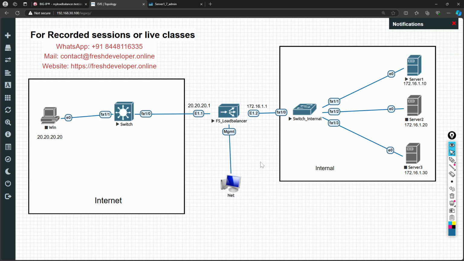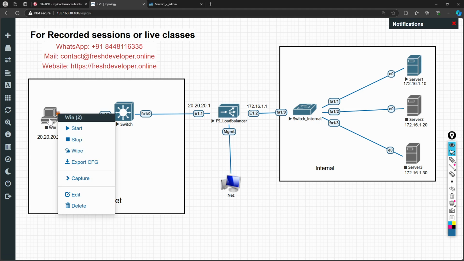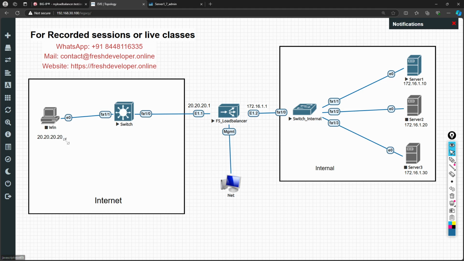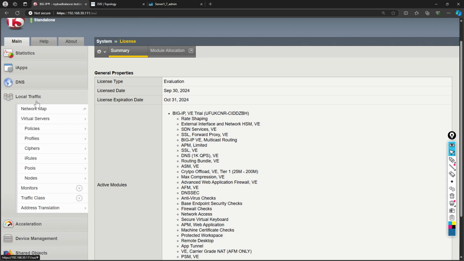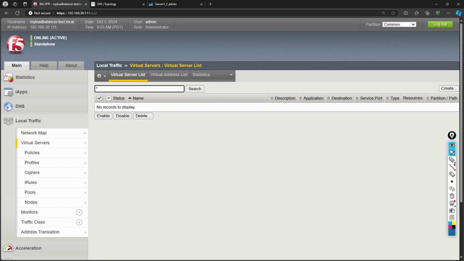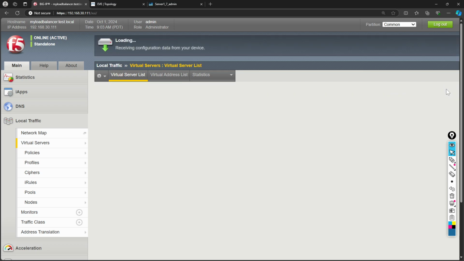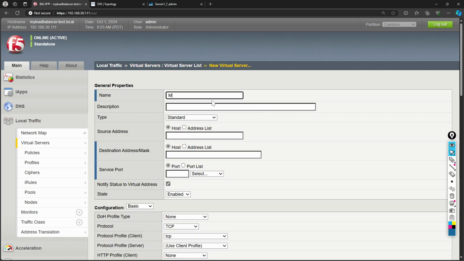So the very first thing, whenever you want to make any service available, is to create a virtual IP address. That virtual IP address should be somewhere on the F5 load balancer. So that virtual IP is also called a virtual server. This is LTM, local traffic manager. So we are going to go to the virtual servers and create a virtual server. So I went here